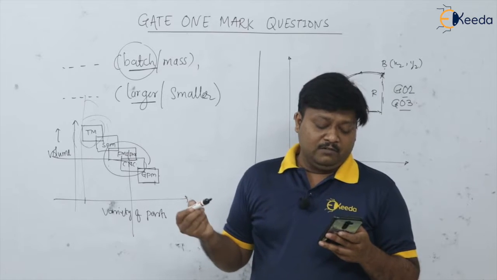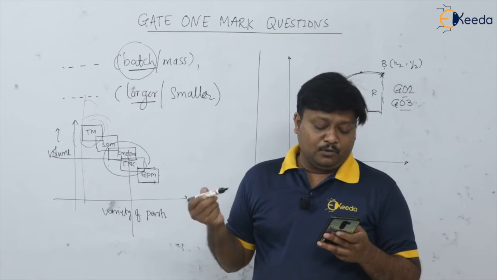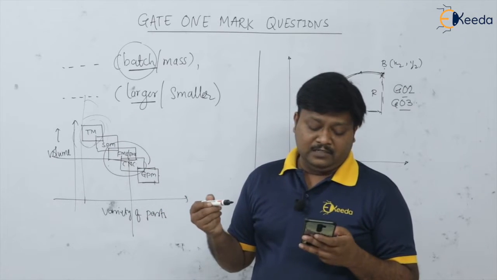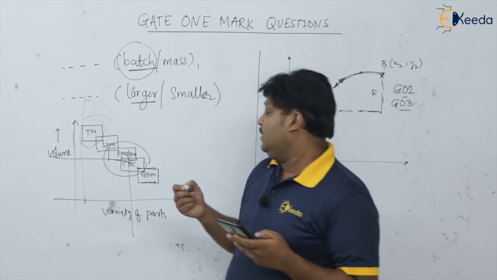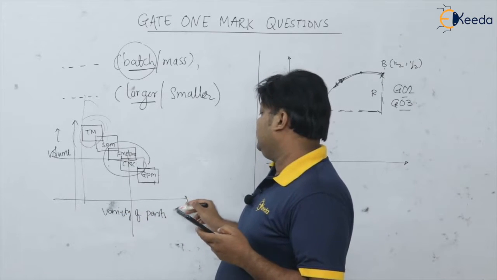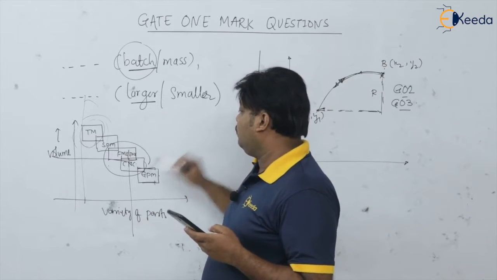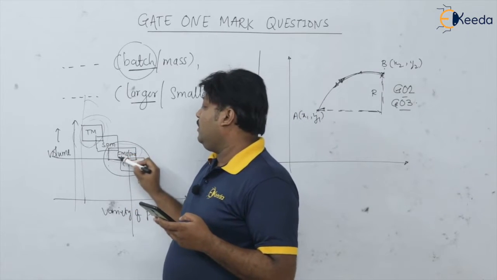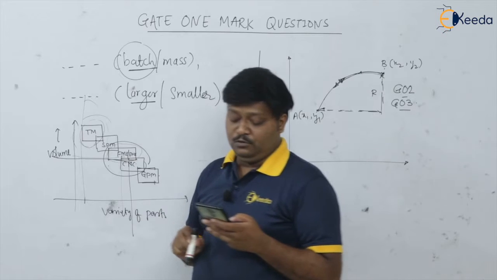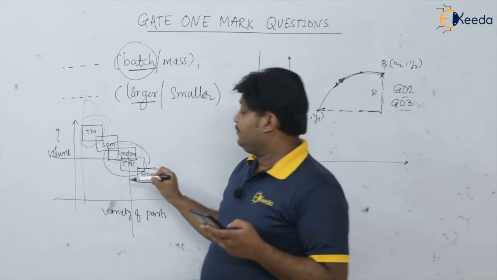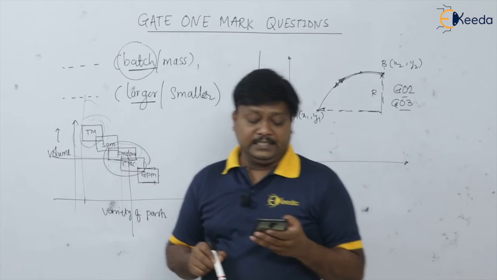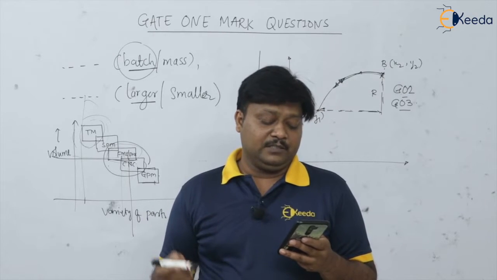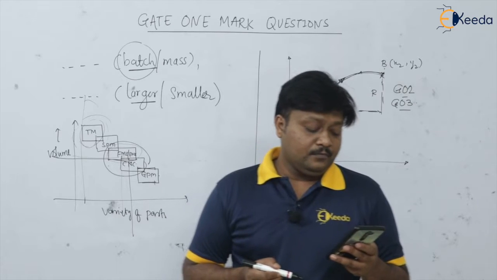One-off production of several varieties. Option C, production with similar features made in batches. And option D, large variety of product in large volume. So large varieties of product and large volume, not there. But see, FMS and FMCs are suitable for batch type production. Yes or no? Medium volume and medium variety. So option C is very much correct. Production with similar features made in batches.